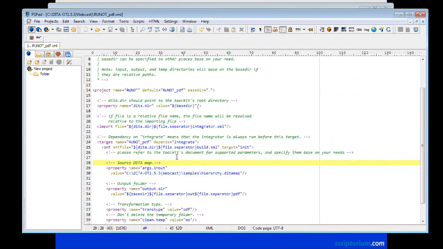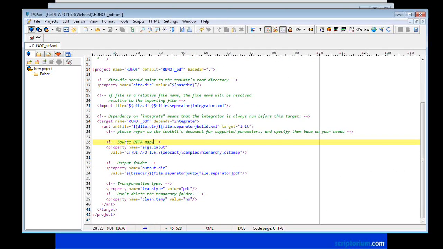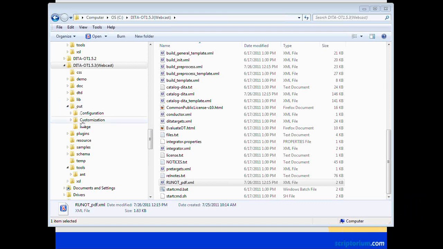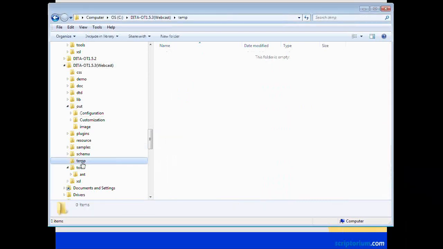So an ant file, and it's a very simple one. All it says is look for build.xml, and then just as we did, we specify args.input. We specify a trans type. A couple of other things that I'm going to do, I'm going to specify an output directory, and I'm also going to say don't delete the temporary folder, which, by the way, we should see. Let's look here. So yes, now we have an output folder, and we have a temp folder right now that's